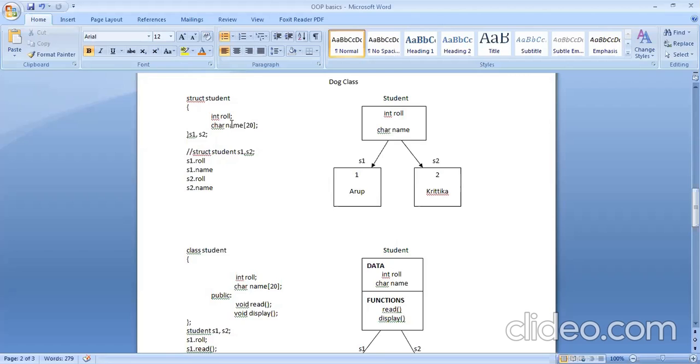What are homogeneous elements? Elements which have the same type. So if I take an array, I can use it to store only one type of data. I want to store a list of elements, but I have a restriction: I can store only elements belonging to the same type.